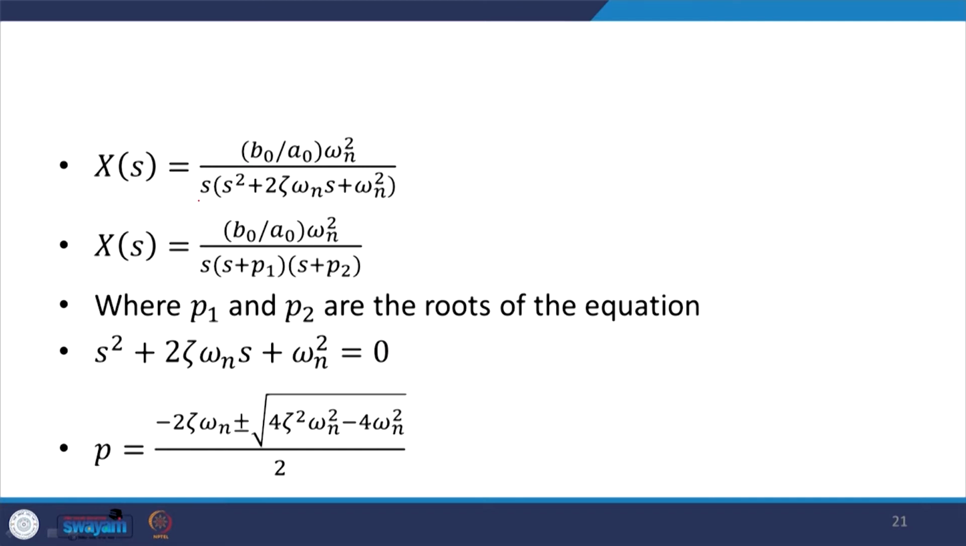So, I have the 1 by s term over here. So, this is my output in the S domain. I can write this always because it is a quadratic equation, so there are going to be two poles. I can write it in the form of (s plus P1) and (s plus P2), where P1 and P2 are the poles or the roots of the equation. I can find this P1 and P2 value by equating this equal to 0, and then writing the solution of this second order